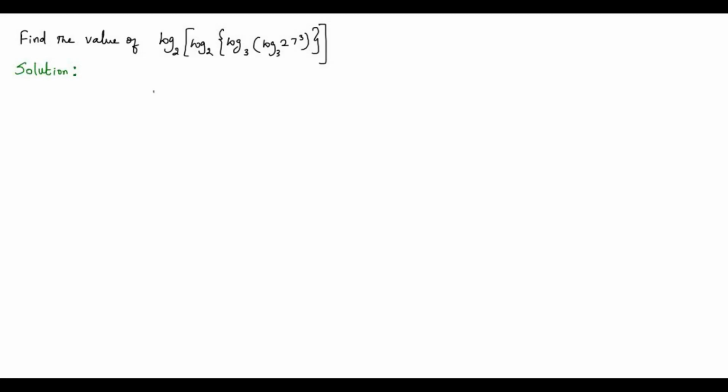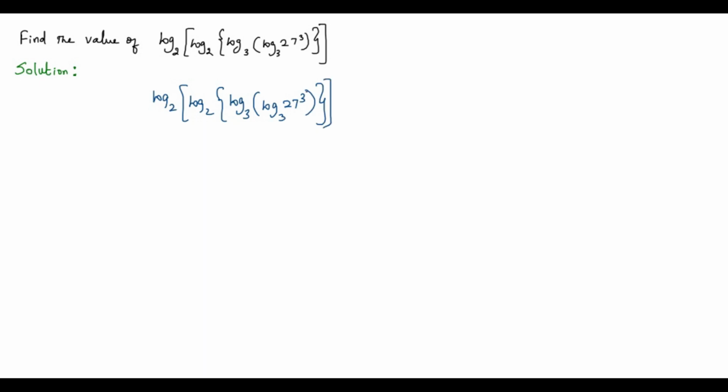Here we have a problem on logarithm, that is find the value of log to the base 2, log to the base 3, log 27 to the power of 3 to the base 3. Okay, so to find the value of the given logarithmic expression, first I am going to find the value of this particular part,